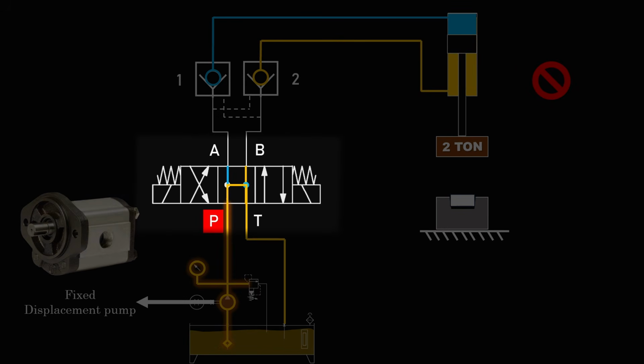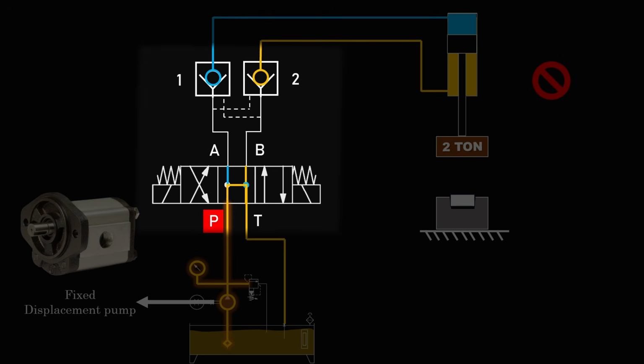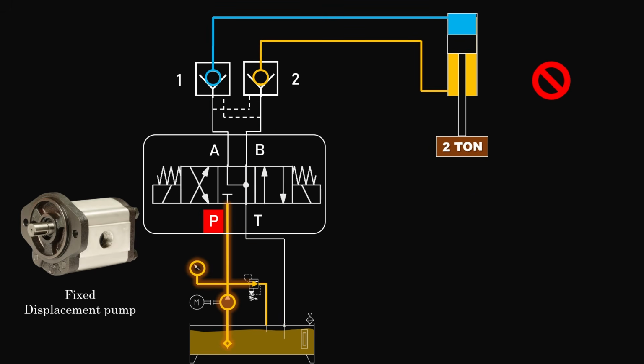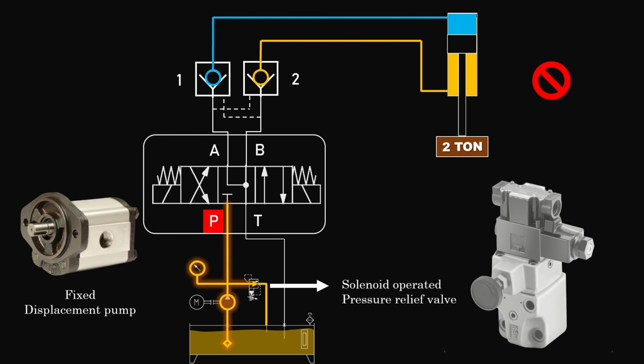If the valve is not properly sized or the flow is too high, some unwanted pressure can still reach the cylinder ports. So as far as fixed pump loading is the concern, we have a practical option. It is to continue using a 4x3 float center valve and use a solenoid-operated pressure relief valve for unloading the